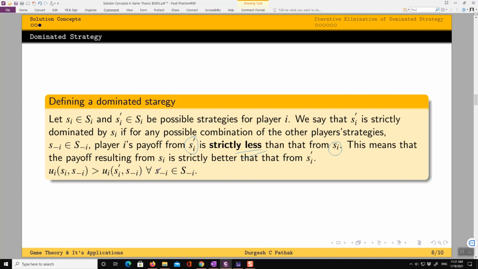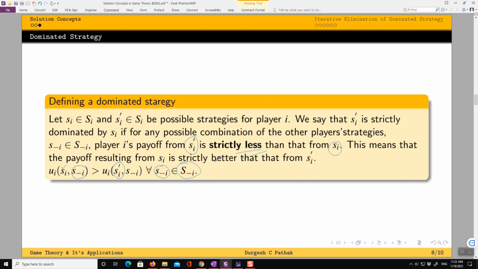So it means that Si is always giving him a better payoff than playing Si dash. This is exactly the same thing that is written here. The utility resulting for player i when he plays Si, given every other player plays S not i, is strictly greater than the utility that results when he plays Si dash, for all actions of all other players, S not i, in their strategy space.